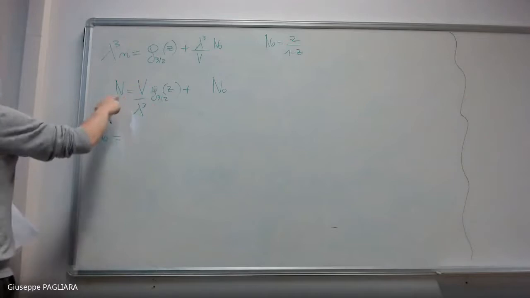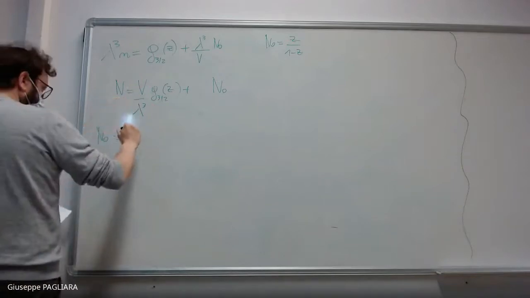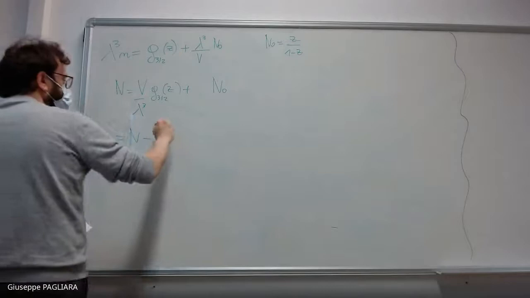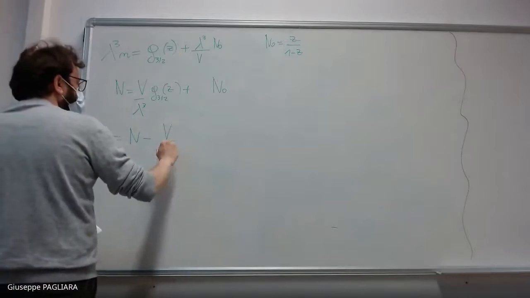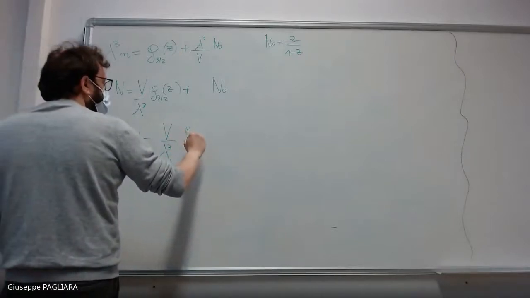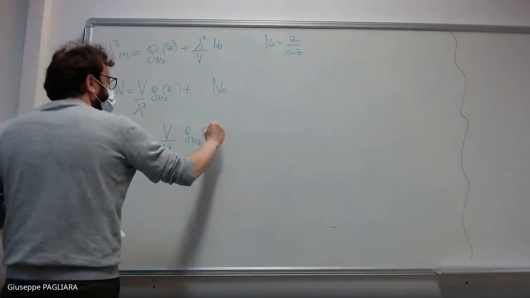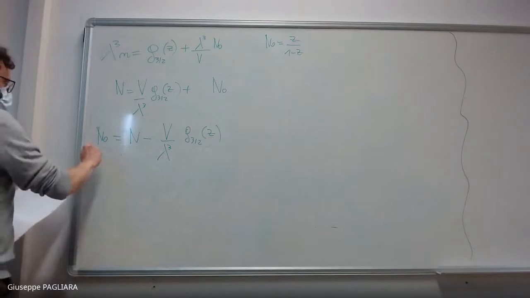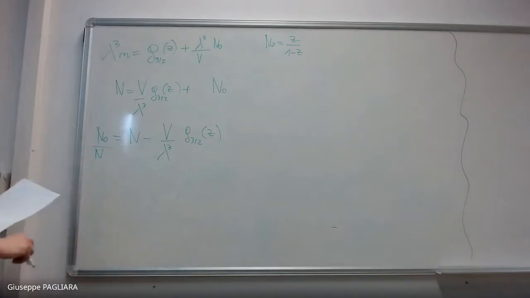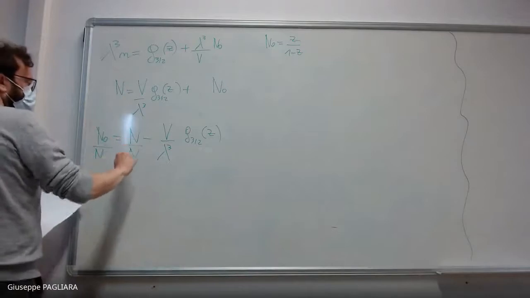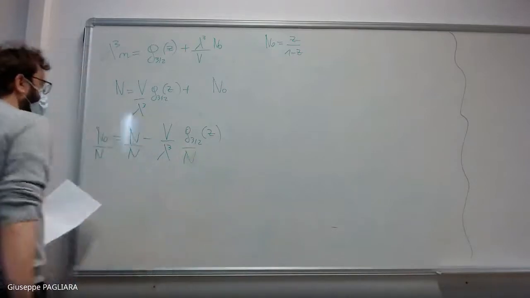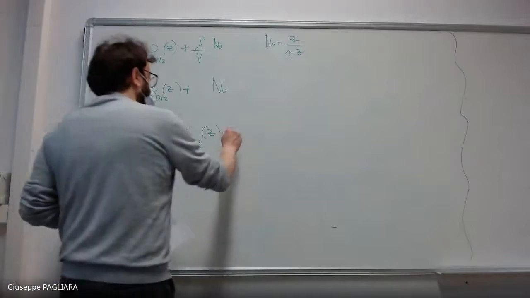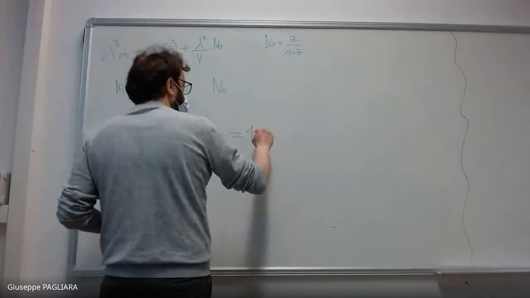is equal to n minus this quantity, so minus g_{3/2} of z over lambda cubed. Now let me divide by n, n_0 divided by n, so here n, and here I get 1 minus